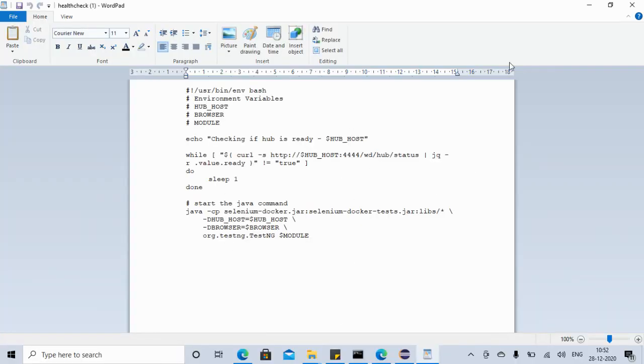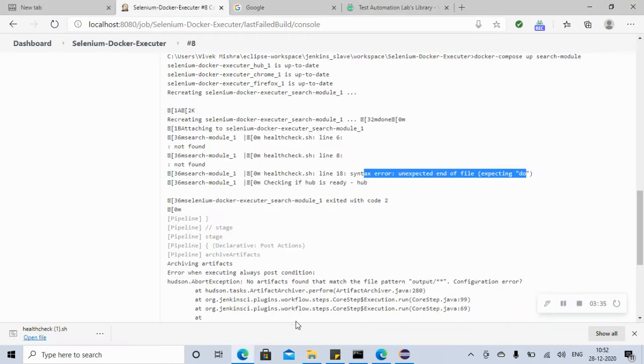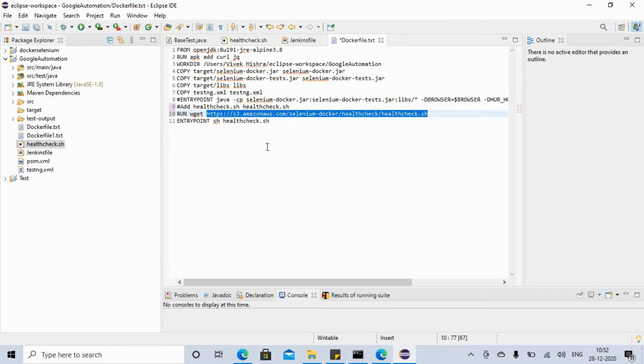There is no change in this script, but instead of adding it in the Docker file, when we say add health check script, we are saying don't add, just take this script with this command, run wget, and here is my script. If you do this and save it, you have to build your image again because you made some changes in your Docker file, right? So I just did that.